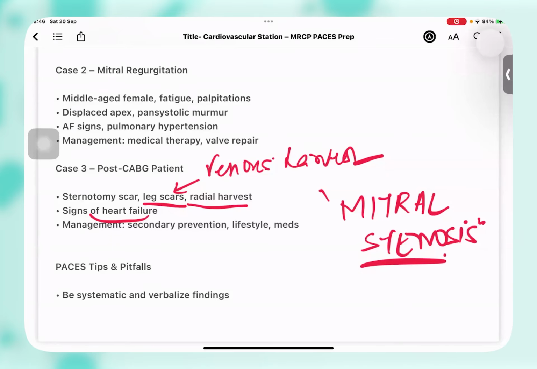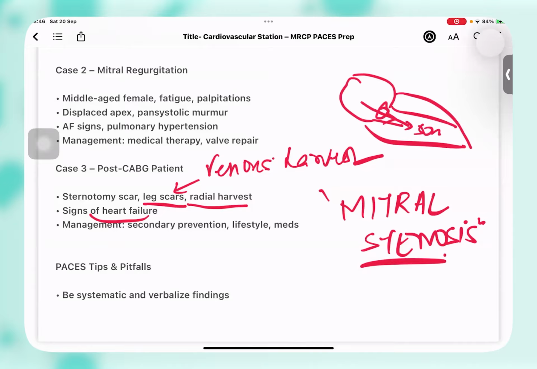Because mitral stenosis is a fixed cardiac output state. The heart cannot increase the cardiac output. It's a fixed stroke volume. Why? Because the opening from the left atrium to the left ventricle is a restricted one. It cannot open. So if it can let, say, 50 ml of volume, only 50 ml will go. So the heart rate will be dependent again. The cardiac output will be dependent upon stroke volume into heart rate. So these patients will have increased heart rate, but because of decreased stroke volume, they will have a poor pulse,